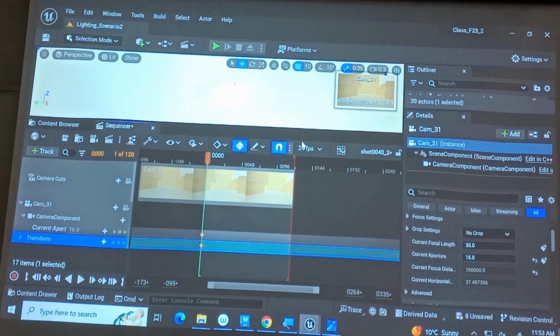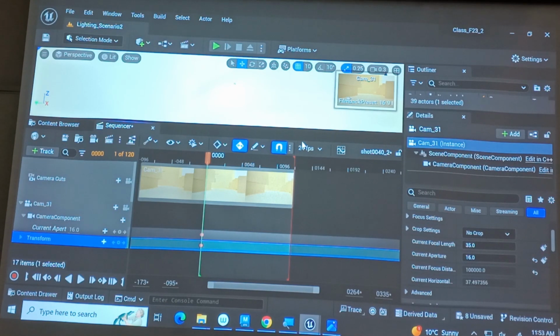So keep in mind that when you are going in between your levels, you're fixing your actor references when you go into your new level, but you need to key your exposure for each lighting scenario. That's why I suggest set up your mood 1, finalize mood 1, get it to a point where you're happy with it, set up your cameras, and then you